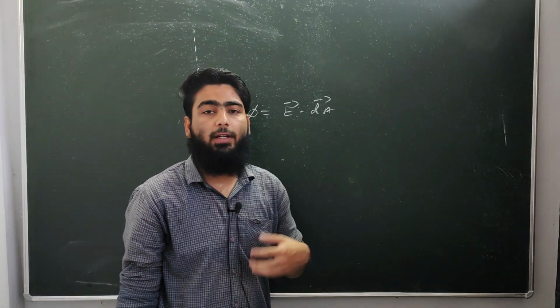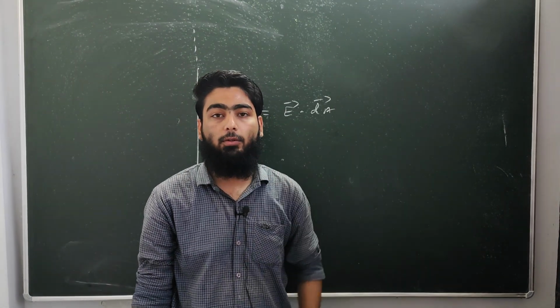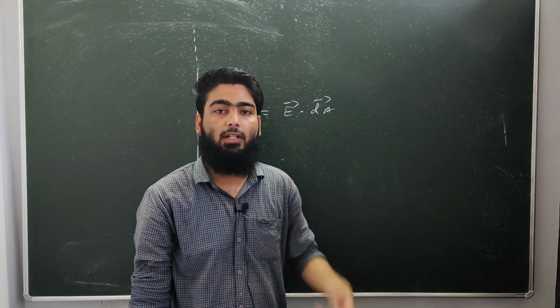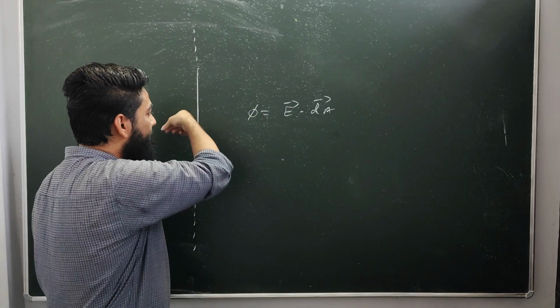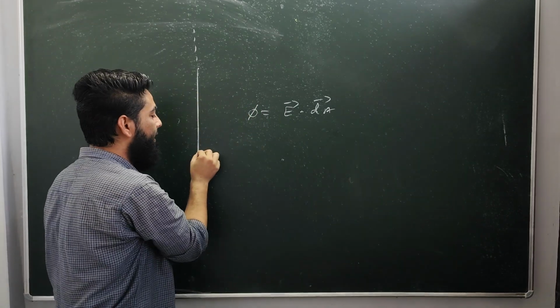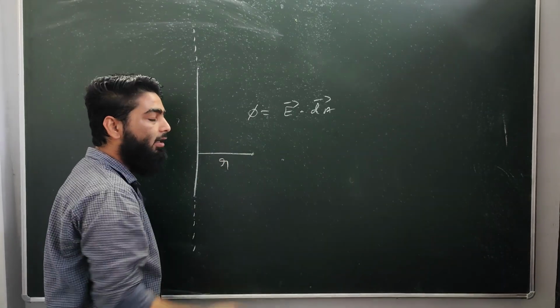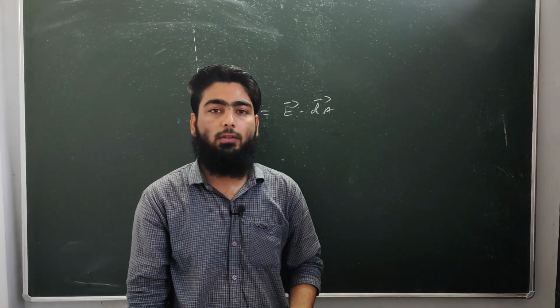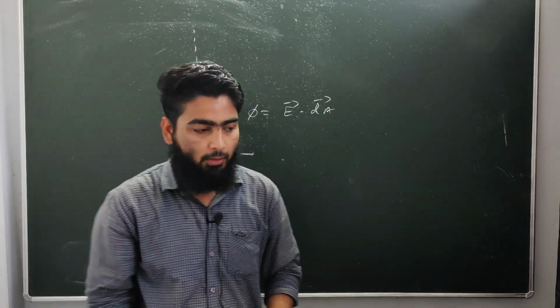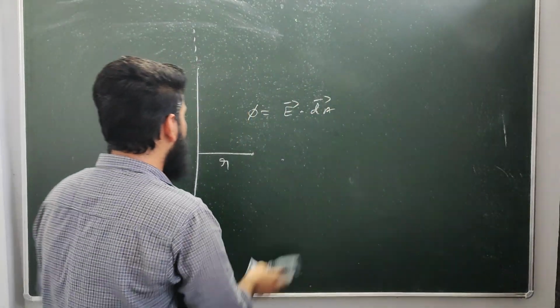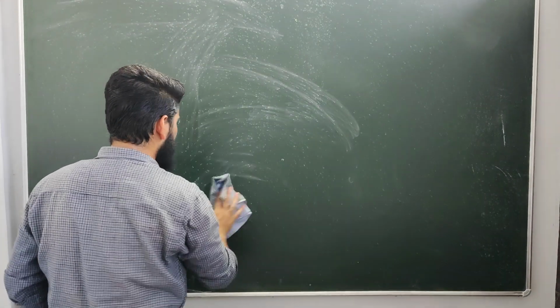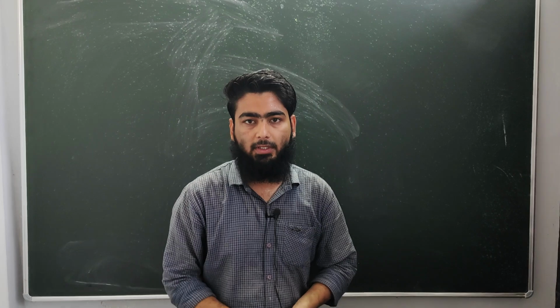If you have to find the electric field due to this infinitely, uniformly charged rod in the vicinity of this rod, at any point, let's say at a point which is at a distance r, how will you apply Gauss law to find the result? Okay. So now we are going to start our application.